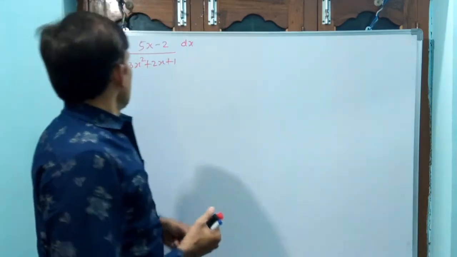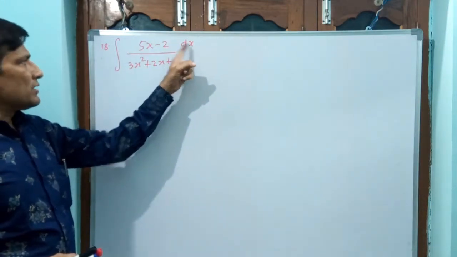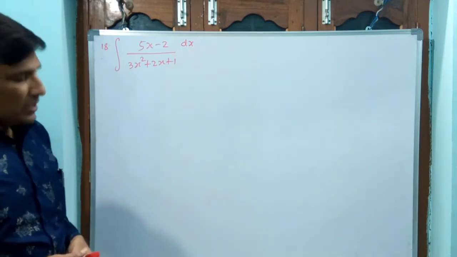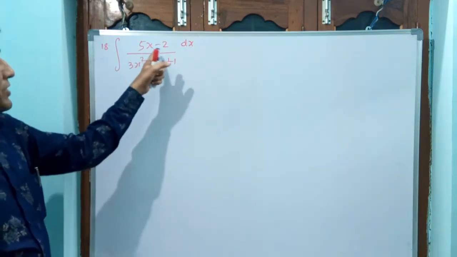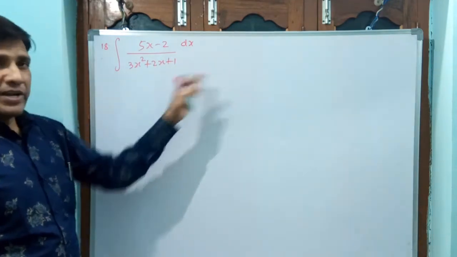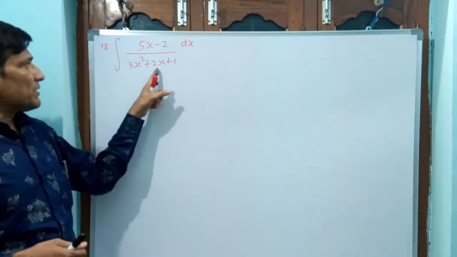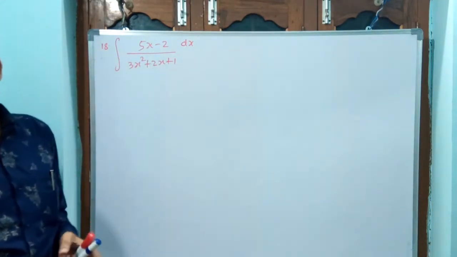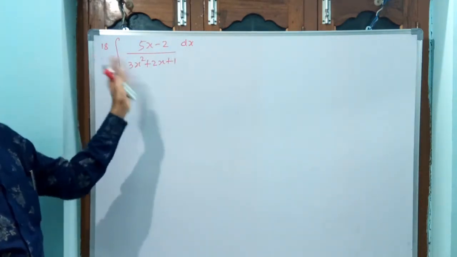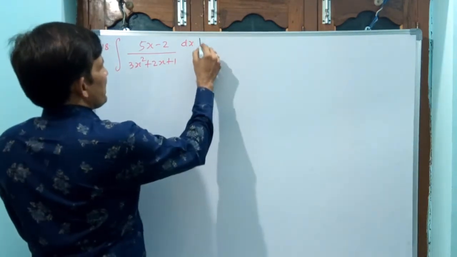Okay. See what they have given. 18th question: integral of (5x minus 2) dx by (3x square plus 2x plus 1). This is the question. See how we are doing. We have to differentiate the denominator, equate it, and add b. Then you have to find the a, b coefficients and split this. Why? Because directly you cannot do it. The derivative 6x plus 2 will come, but here 5x minus 2 is there. If this matched, you could take it as t and do dt directly, but directly there is no possibility.